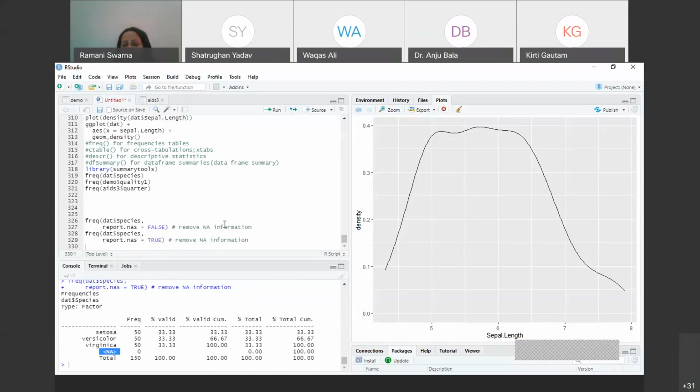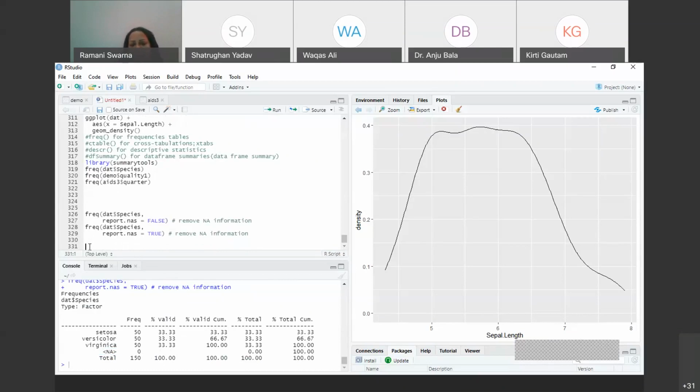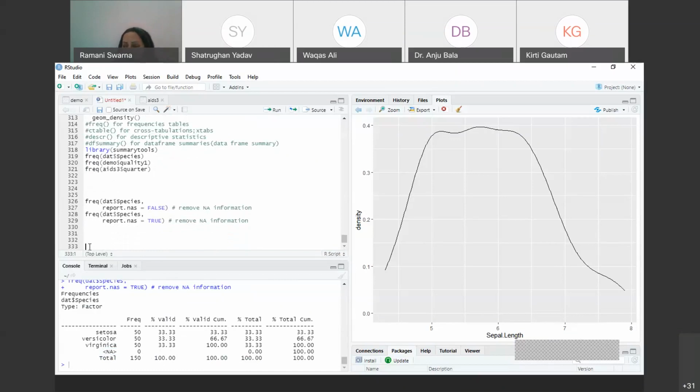In your data set, if there is some missing value, it will be showcased here also, side by side. So now you are able to understand that yes, there are so many sensitive things which are present, and slowly, on a daily basis, if you are able to work on your data nicely, you can come up with these things also, and you can write one or two sentences saying that this is what it is, this is what it is, and trust me, you have understood your entire data set that is present in front of you,